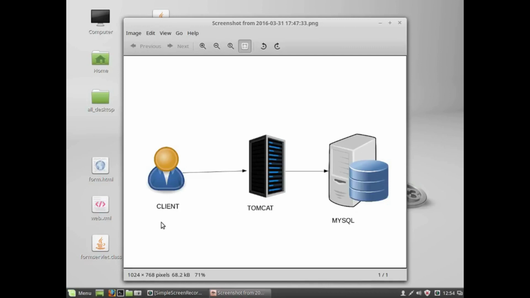So what we are going to do is write a simple HTML form with two fields: one is name and the other is department name. When the user enters name and department and submits the data, these details will be submitted to the MySQL database. Here I have created a table called EMP, which consists of two columns, name and department. The values provided by the user will be stored in the table called EMP.